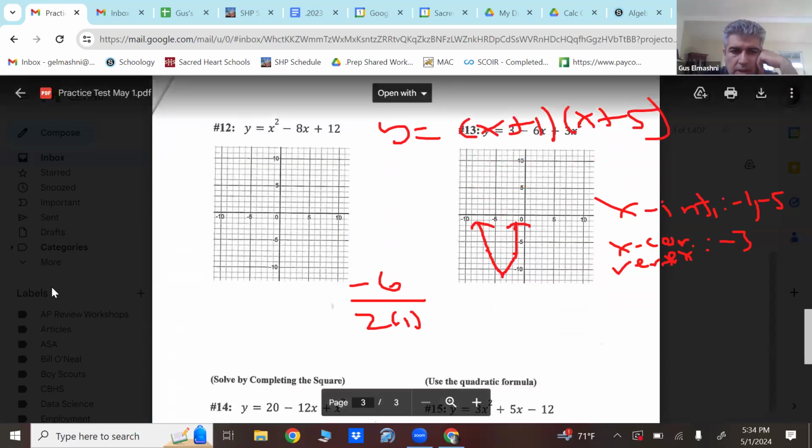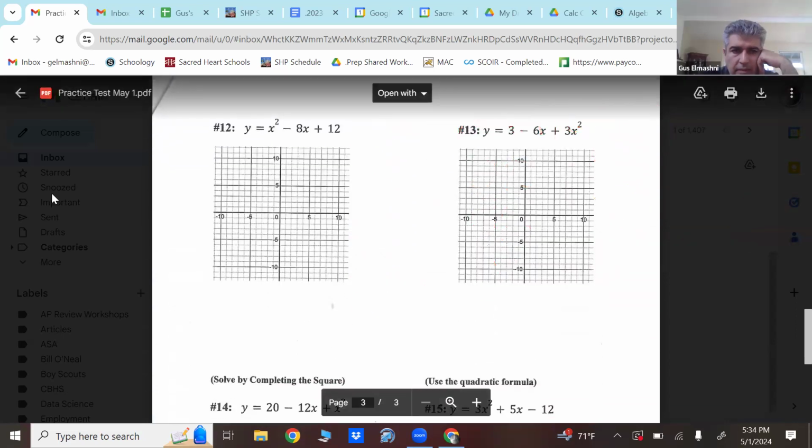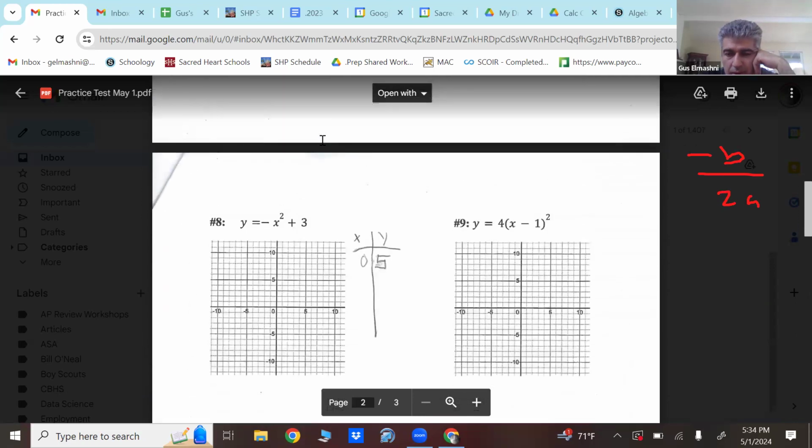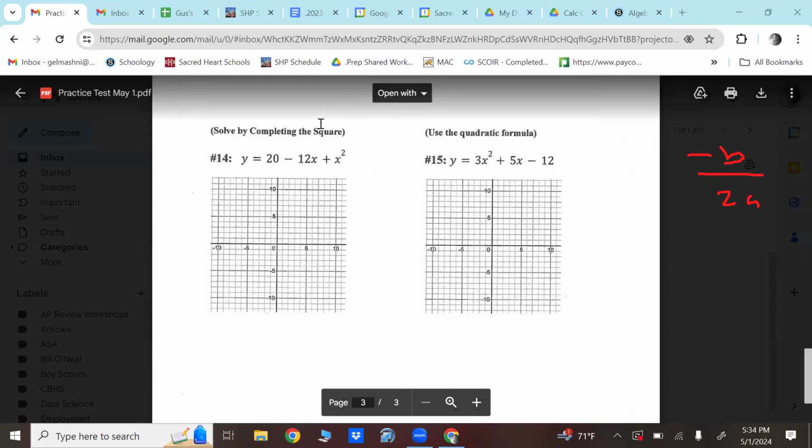So more of the same stuff here. You can factor or do negative b over 2a. But not all of them are factorable, so negative b over 2a is always going to be reliable. But if it's not written in standard form, if it's written with a parentheses squared, you can expand it if you want and do negative b over 2a, but that's a lot of extra work. It's better just to utilize the vertex form. Here, let's talk about solving,